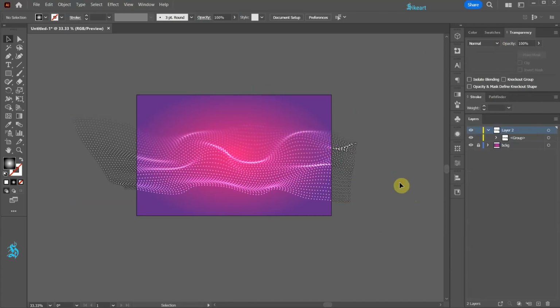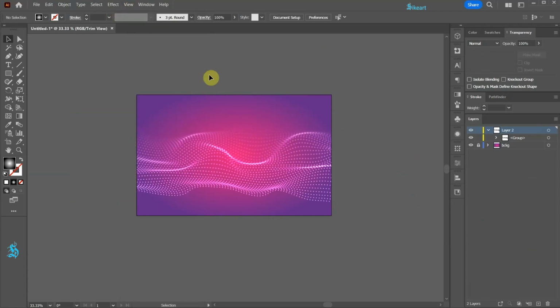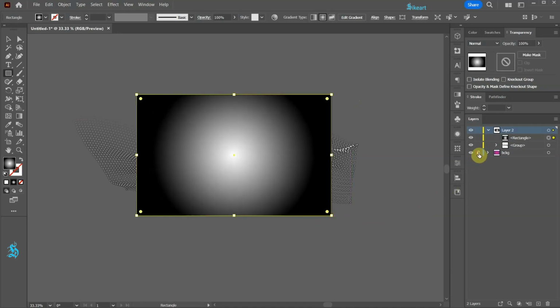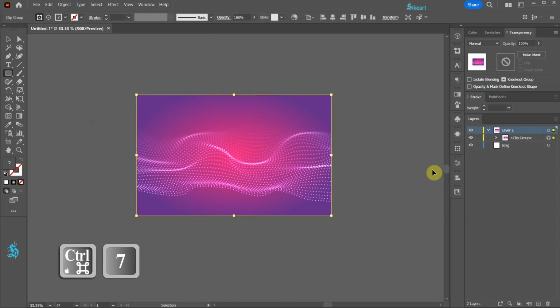Finally, let's trim the edges. Go to View and select Trim View. Or if you don't have this option, first draw a rectangle the size of your artboard. Next, unlock the background layer, select everything, and press the Ctrl and number 7 keys on your keyboard to create